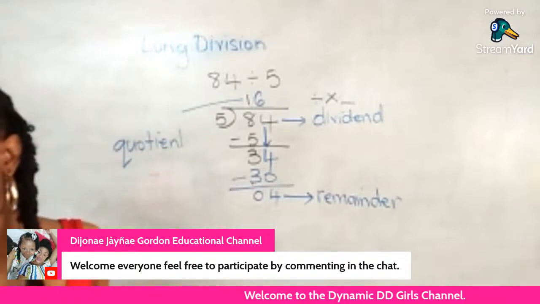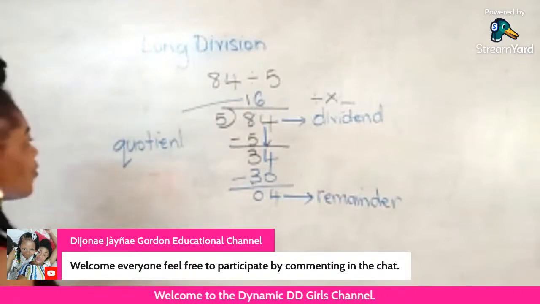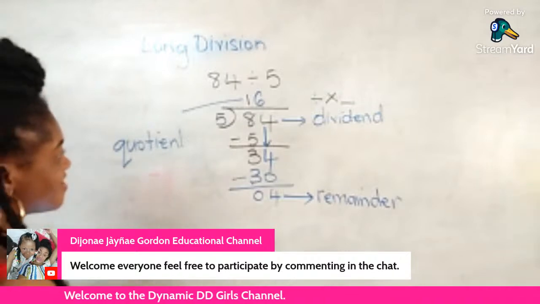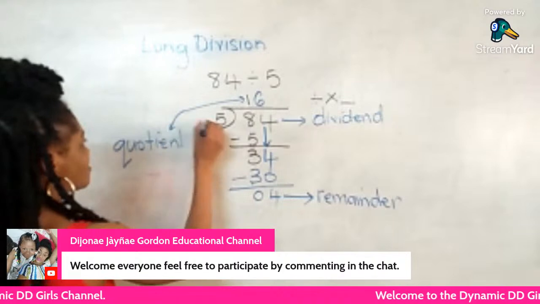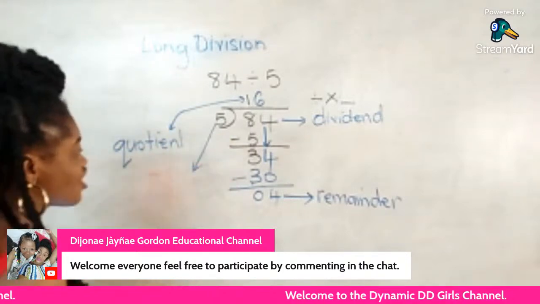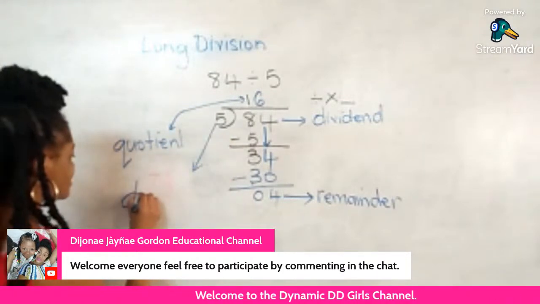And of course, we have 5 right here. 5 right here, and 5 is known as your divisor,